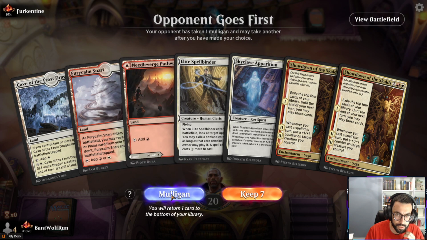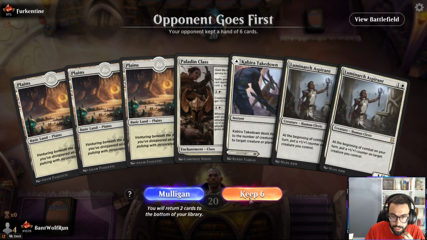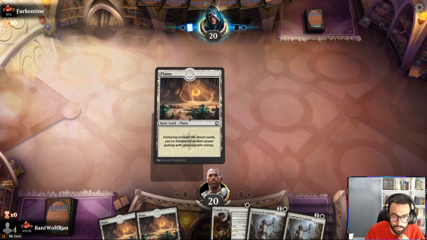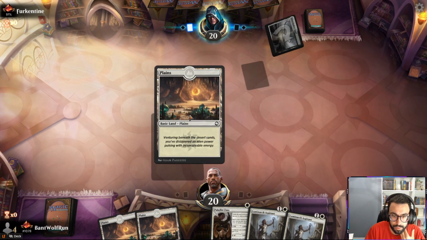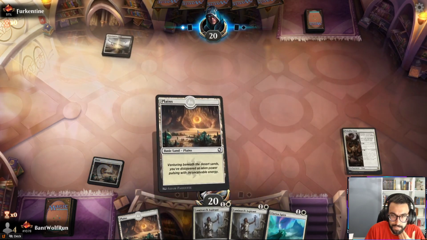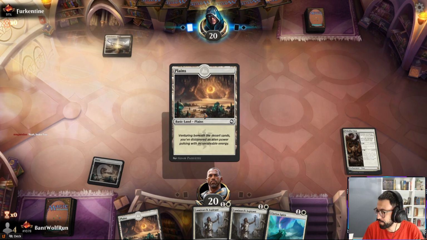I think we just have no plays. Okay, we'll keep this hand. I think we're putting Kabira Takedown back. I want to curve out. We can get Luminarch going here. If we draw a 1-drop, then I think we...